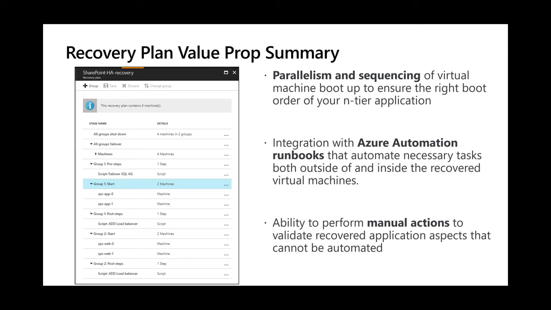So this is a really neat tool which allows you to fail over your applications, which may be spread out over multiple tiers. So just as an example here, this is a SharePoint application for which I had set up a recovery plan. You can see that you have certain groups for your database tier and your application tier and web tier, and you can sequence them. You can also add scripts for your load balancers and any other custom scripts that you might want to use. And all of that can be sequenced, and just with a single click, you can start the failover of your application.